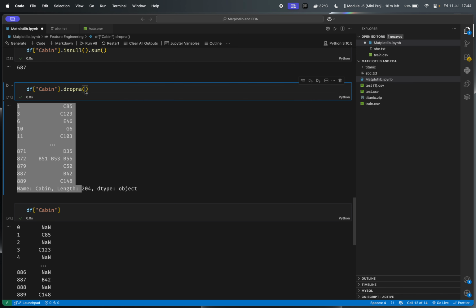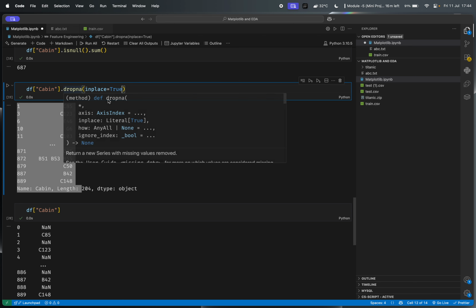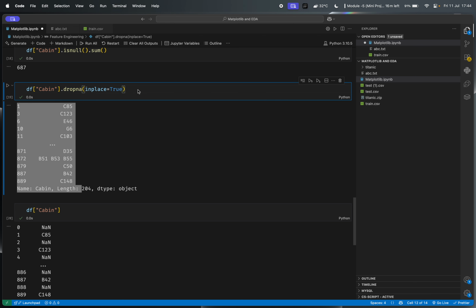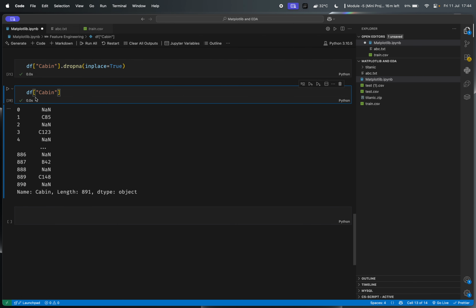So to avoid this problem, we have a parameter known as inplace. Inplace will do everything at the data frame part, not in the CSV, in the data frame, in the variable where we have stored. So if you press shift enter now, see, earlier it was giving null again when we were trying to call our column. If I do it again right now, see,